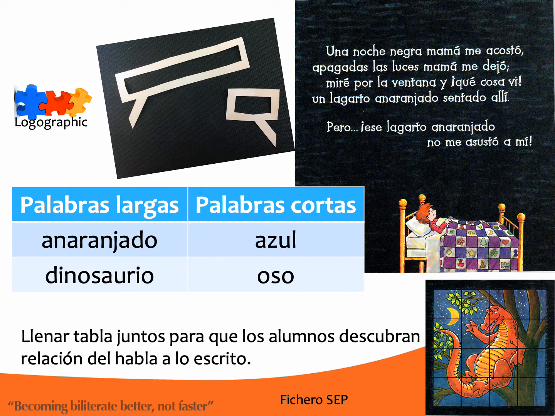This is a logographic example, since it draws attention to words as a whole. To begin this activity, the teacher can model and make observations regarding the length of words from the text, the colors or animals, for example. The teacher can begin by saying the words orally first and have the students notice which ones are longer and shorter. For example, saying the words anaranjado and azul, and having students say what they notice, such as number of